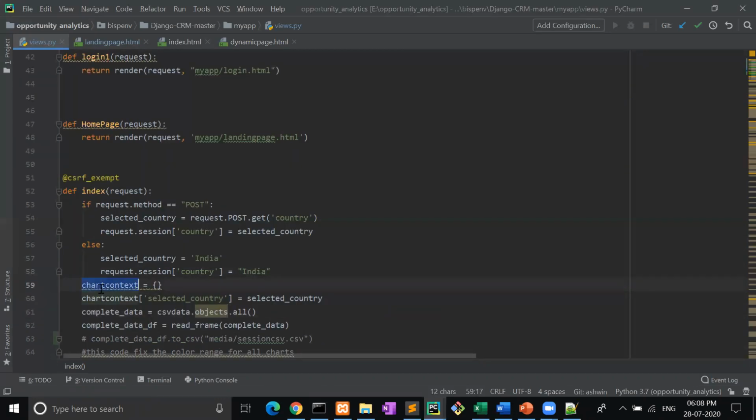Now chart context is a dictionary that we have taken. Selected country is equal to India. Here we have taken CSV data objects all. CSV data is the table name, and objects all means pull the complete data from that CSV data table.